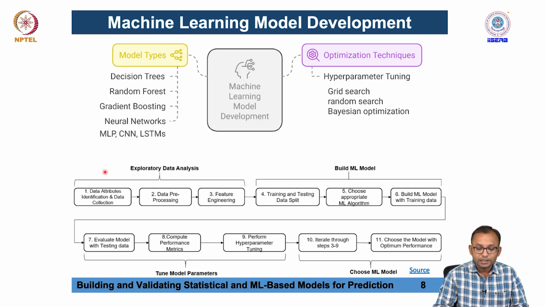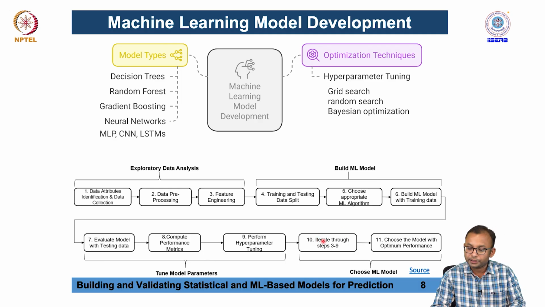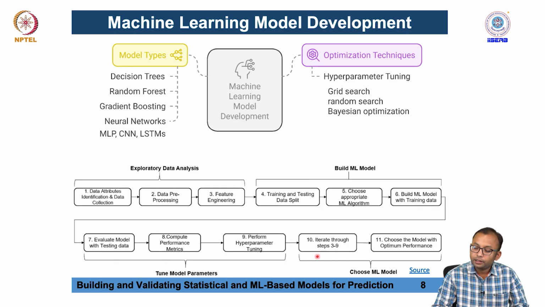So, one is called exploratory analysis, that is data attributes, data pre-processing, feature engineering. Then we build the ML model phase, where we are training and testing the data split. We are choosing the ML algorithm and then using the best possible ML model with the training data set. Then we select multiple iterations, let us say when we have the validation data set as well, or when we are doing some sort of recursive predictions. So, then we repeat that step again and iterate through step 3 and 9 again, and then basically we choose